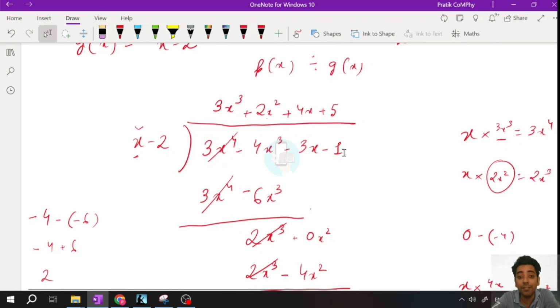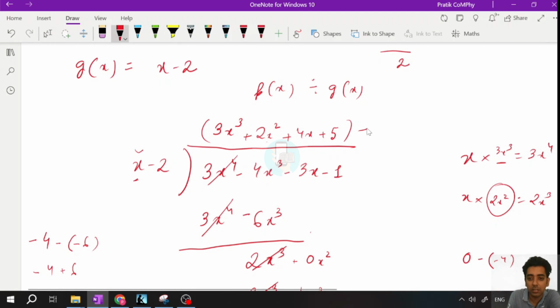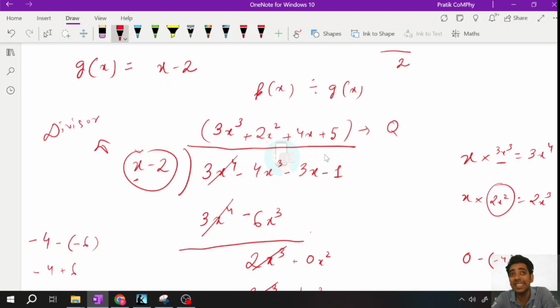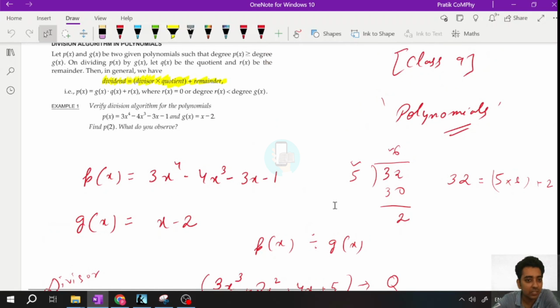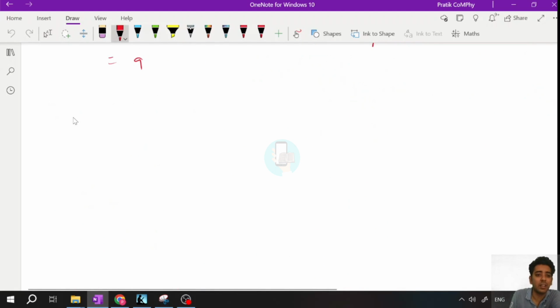So let us verify. So this is nothing but my quotient. This is nothing but my divisor, and the remainder you saw is plus 9, and this whole thing p of x, which I am dividing, the one which I am dividing, the quantity or the polynomial, is called the dividend. The one with which I am dividing is called the divisor, and eventually you get quotient and remainder for the same. So with that same concept, you can verify the division algorithm. We do not have to do anything here. On the left hand side we have the dividend, which is already given. We only have to solve the right hand side, to check whether quotient times divisor